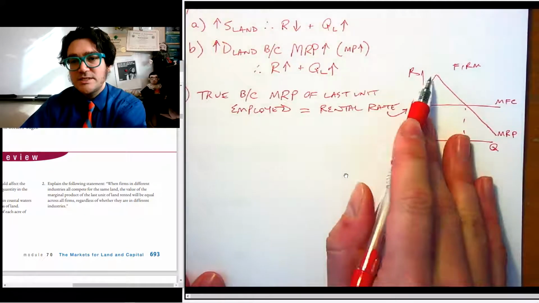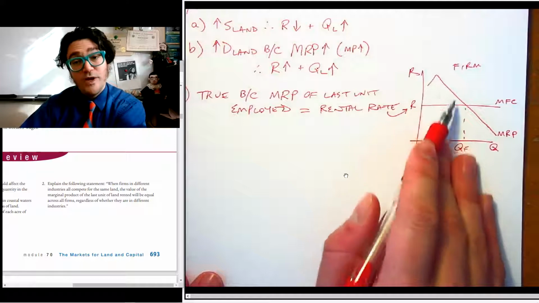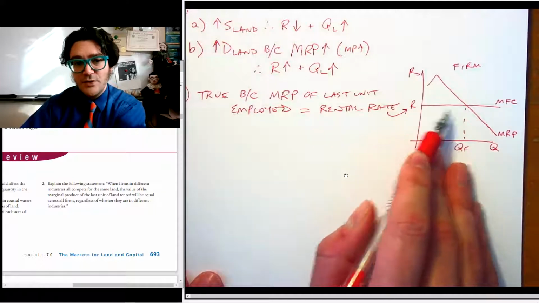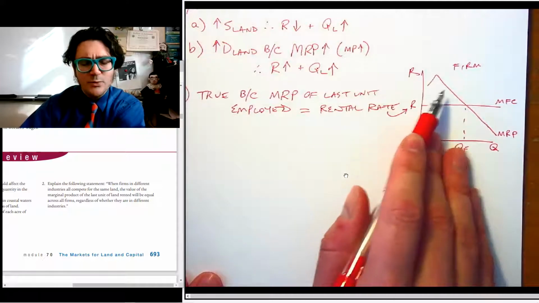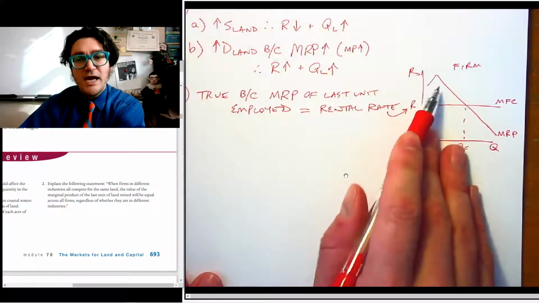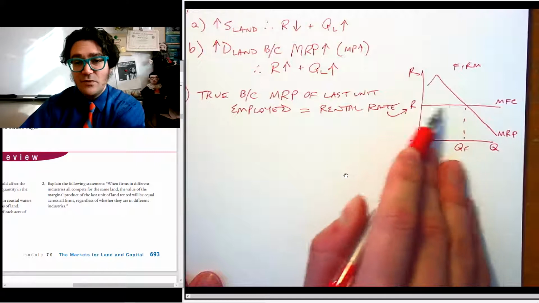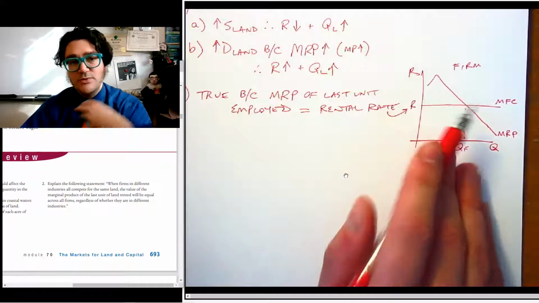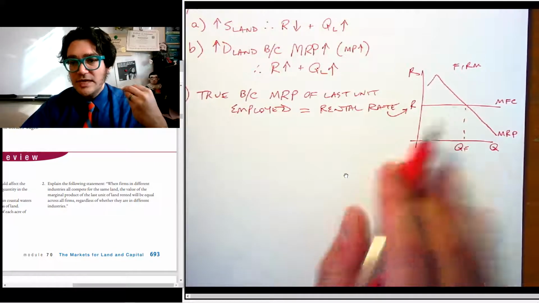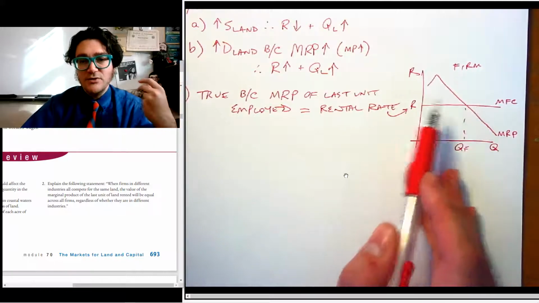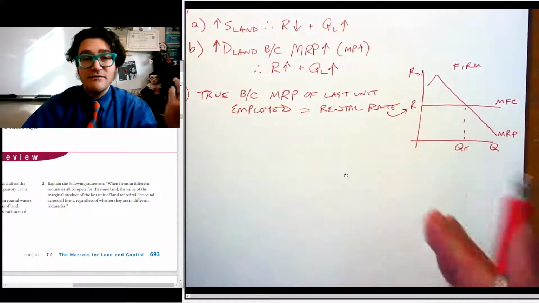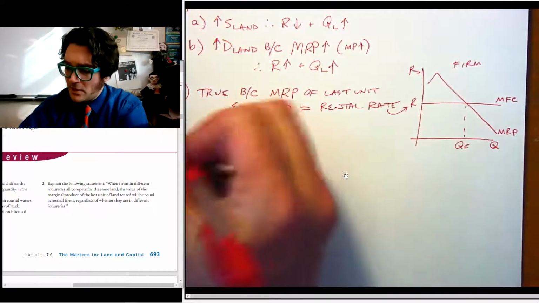And it's regardless of what that MRP was beforehand, right? You could have the first, second, and third units of whatever this is, land or whatever it is. They would be earning very high MRP, but they're all going to be paid for at the same price, right? So when you go to buy the land, it would have the same marginal factor cost, even though the first few units of it might be generating very high MRP.